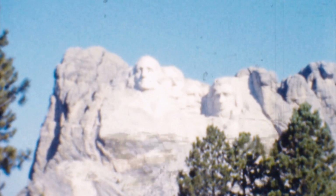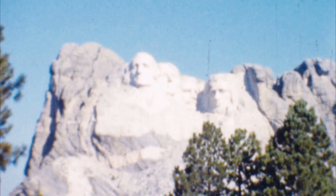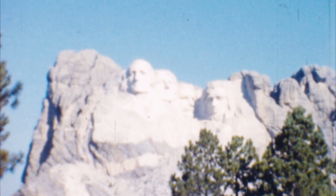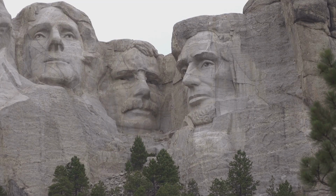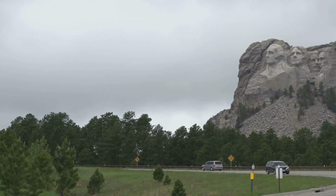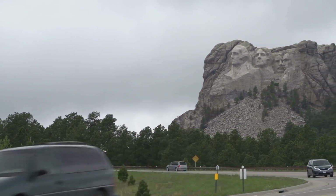Initially, the plan was to sculpt these figures from head to waist, but due to financial constraints and the unpredictability of the granite, the plan was revised. Instead, the focus was shifted to carving their faces. But as we all know, the grand vision took a turn, and we ended up with the iconic faces carved